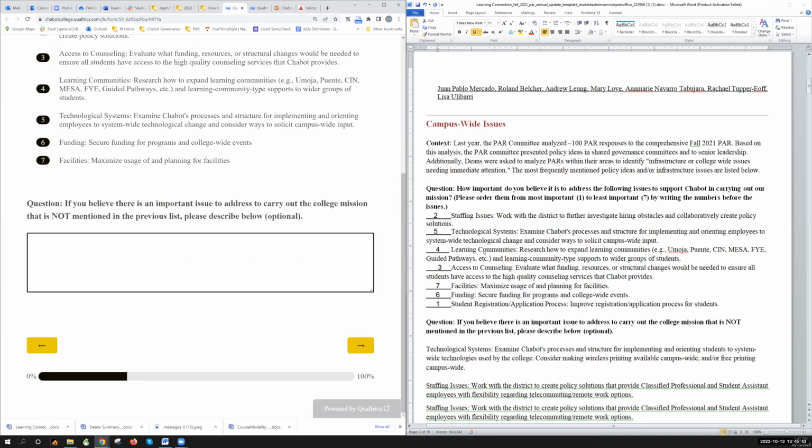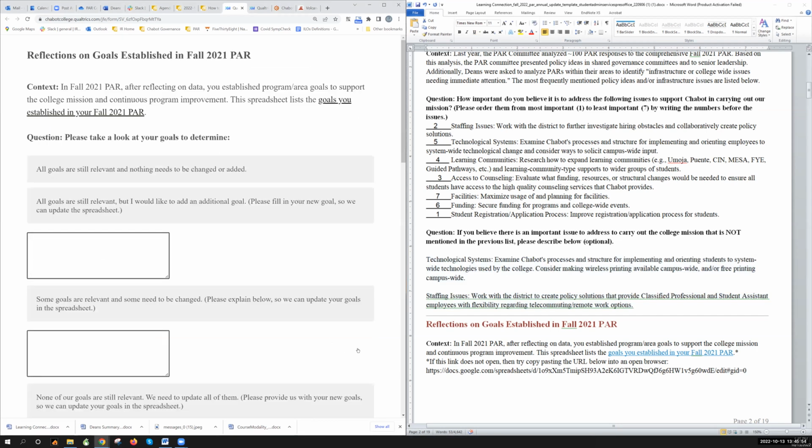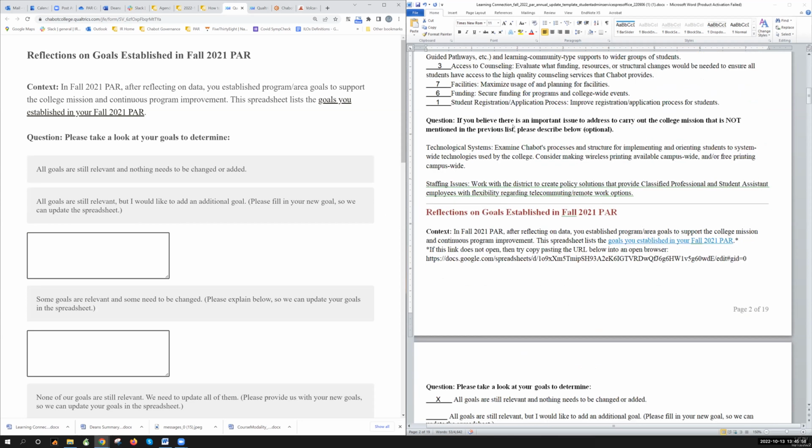Then I'll click down and say, is there an issue? Yes, they did think that there was an issue. So I'm going to take the information there, copy it, stick it over, paste it, and so forth. I will continue to go through like that back and forth, literally simply taking the information that's in my Word document and putting it into the Qualtrics survey. So that's the first step.